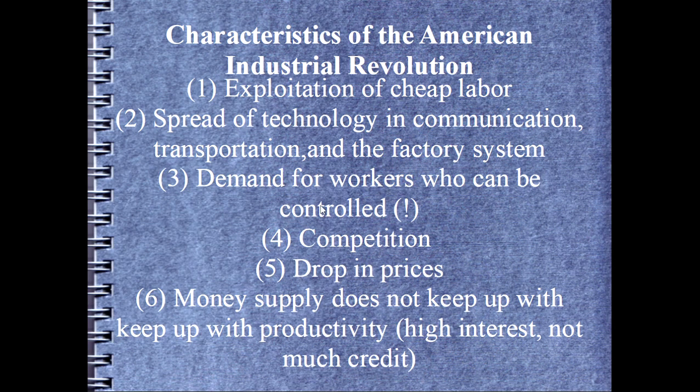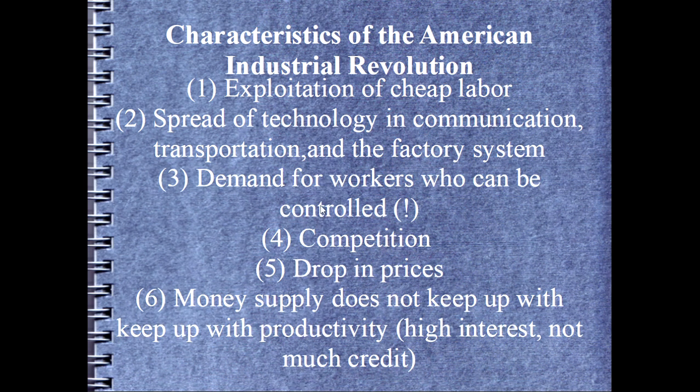Now, number 6 is a little strange. So just kind of listen up and try to follow along. I'm not going to hurt you too much here. Now, the money supply does not keep up with productivity. Back then, or back before 1972, every dollar in the United States is backed by $1 worth of gold or $1 worth of silver. Now they print money and say it's backed by faith in the United States government. It's a pretty good racket. But back then, no, you got to have $1 worth of gold or silver to back up a dollar.